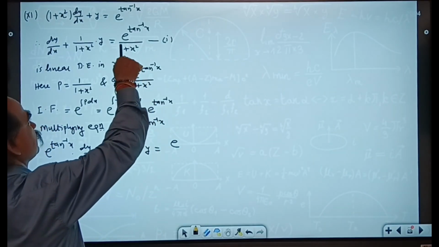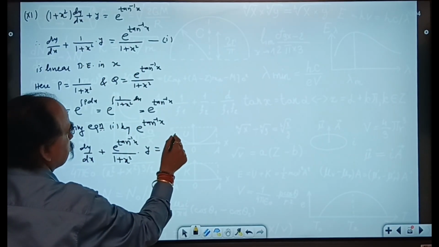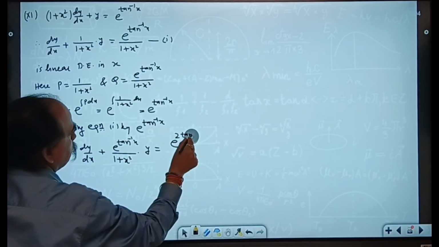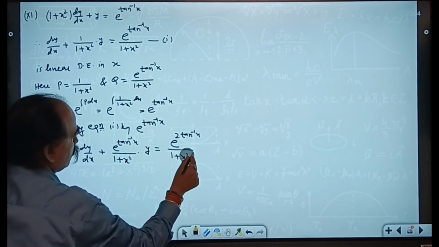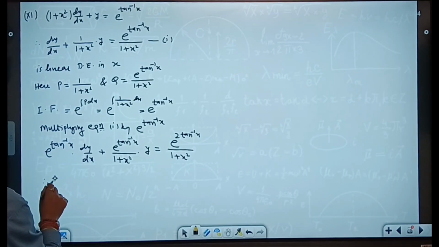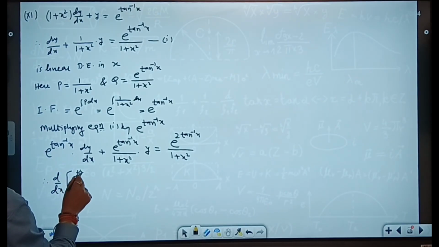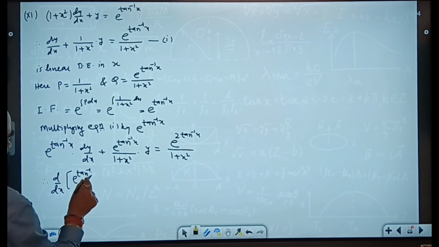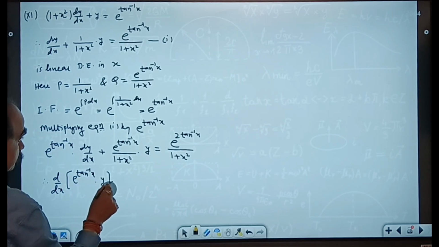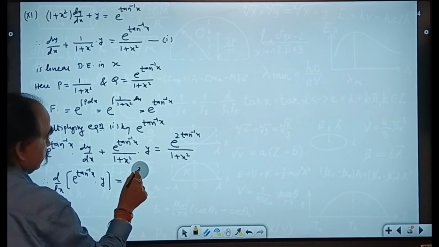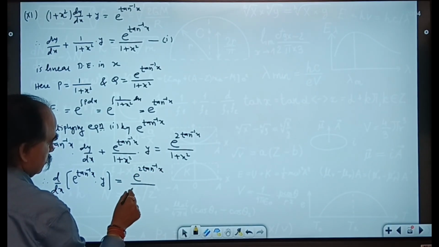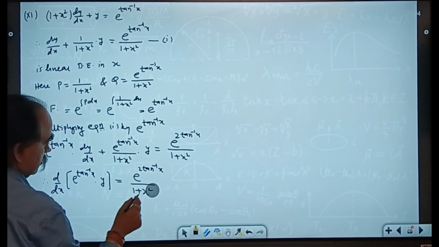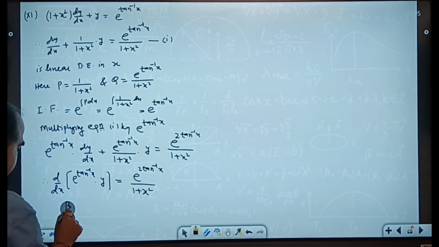is equal to e raised to tan inverse x into e raised to tan inverse x, will give you what? e raised to 2 tan inverse x upon 1 plus x square. So left hand side is what? d by dx of e raised to tan inverse x into y. By definition of integration